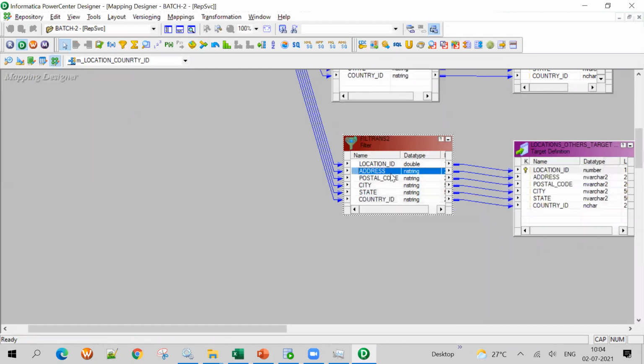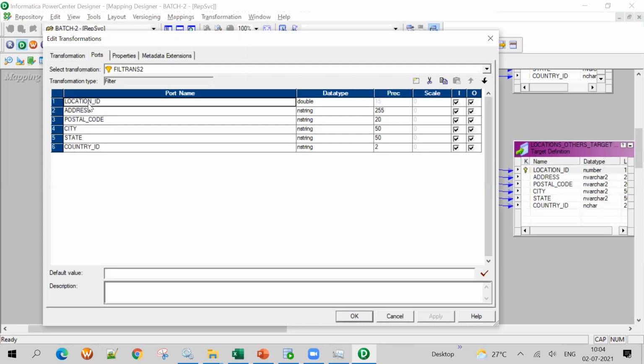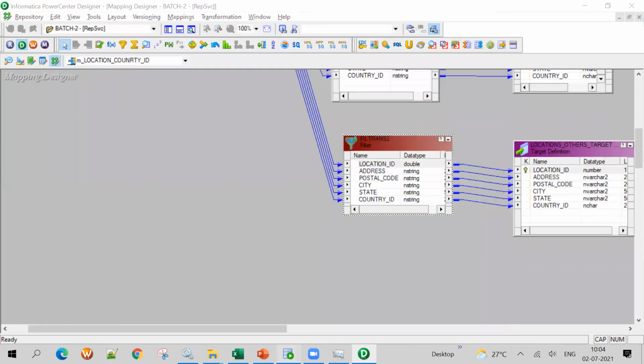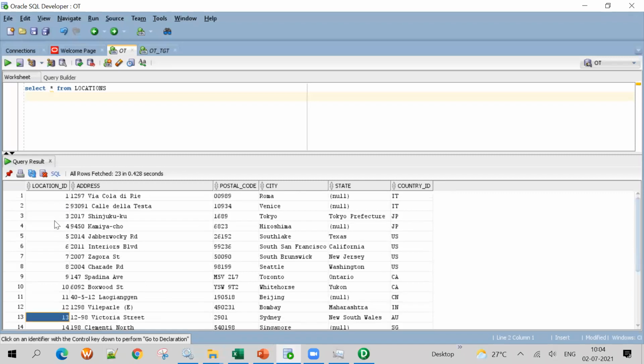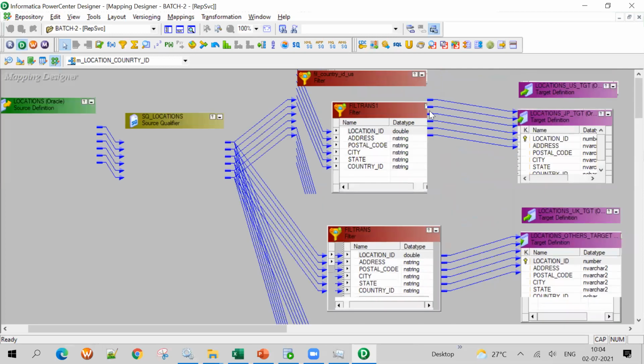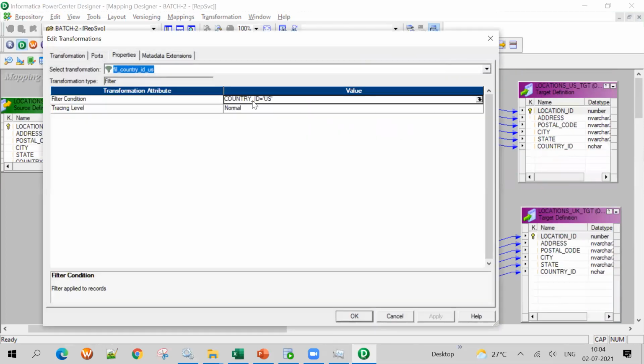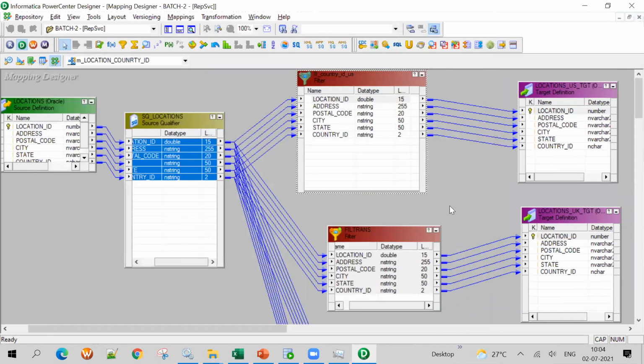You can try that. Wait. I see, location ID I'm giving. We should give country ID, correct? We should give country ID, not location ID. That is why it is giving the problem. Location ID is a number. Now we want country ID. Oh, okay. We made a mistake here. Here we give country ID, not the location ID we gave. Yeah. So now country ID, you copy it. It will work now, I guess.